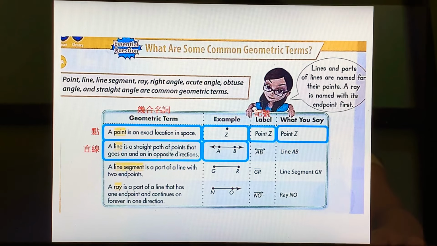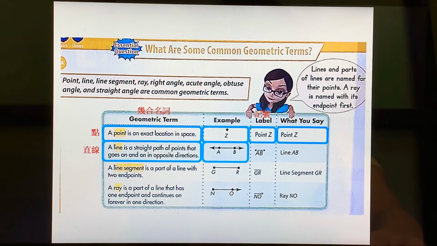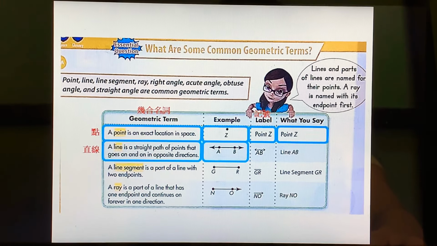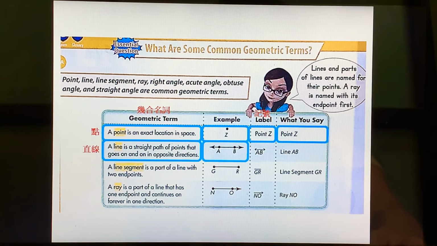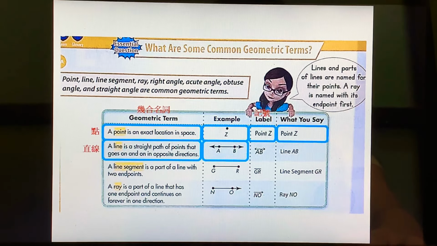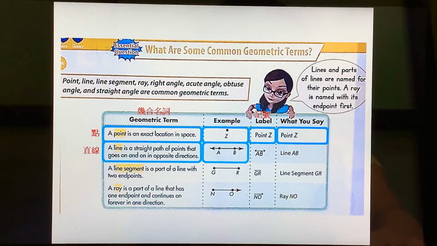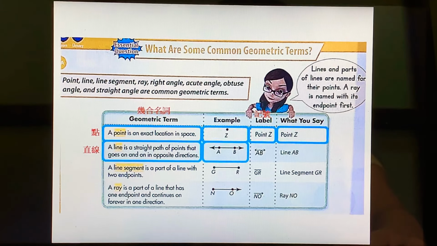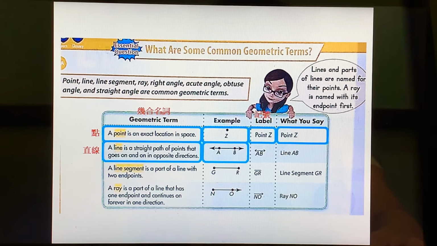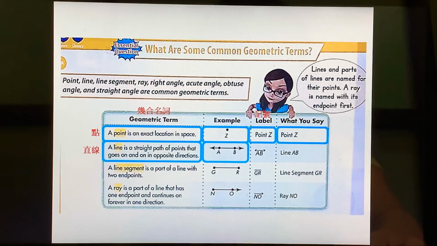As you can see, the example of a line, you can see an arrow on both ends. 好，point A 和 point B 两点连起来可以形成一个直线。那它的箭头代表它是无限的延伸，往不同方向 A